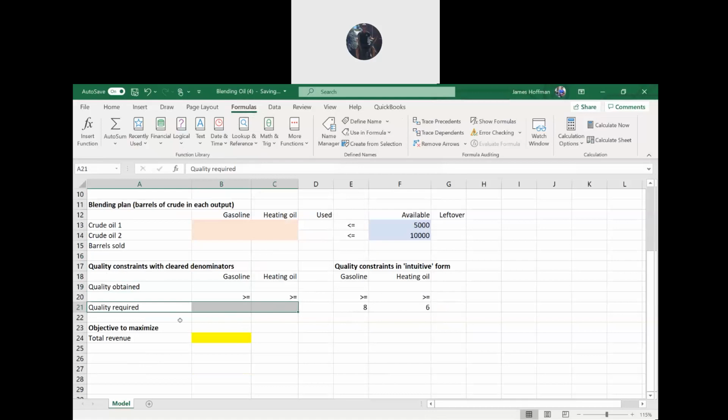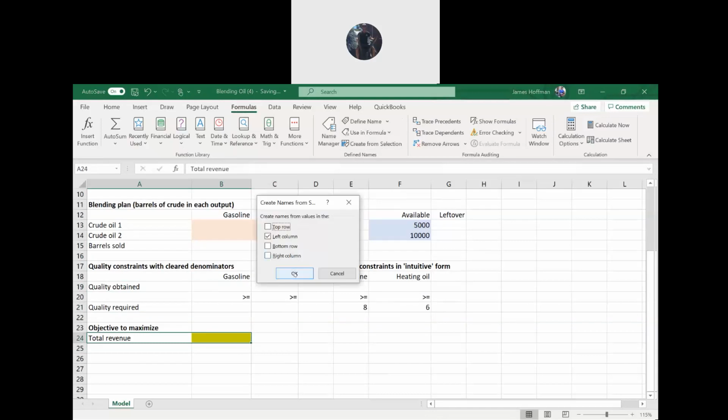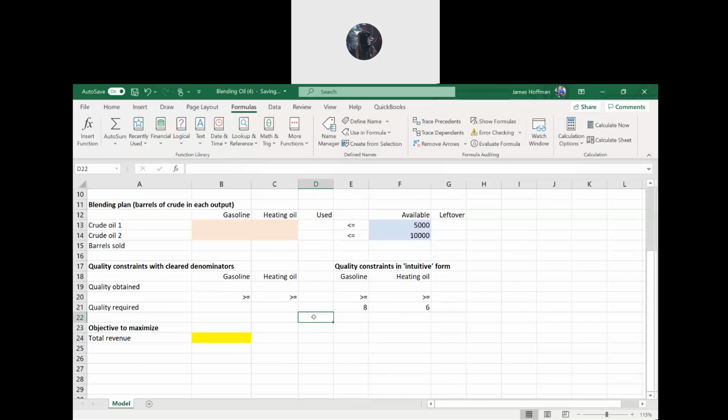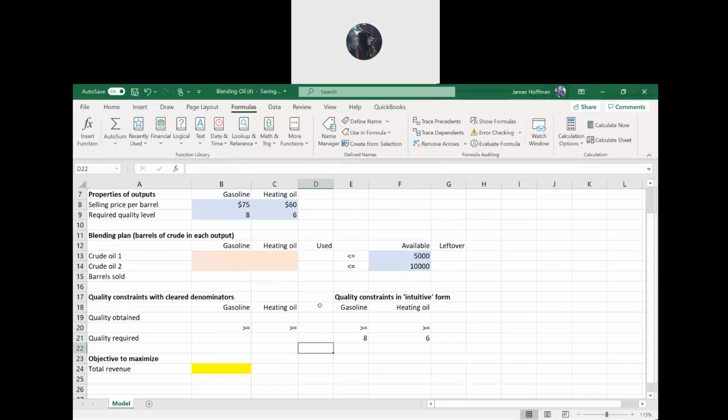And I know we need one for total revenue because that's our objective, so you can select A24 to B24, formulas, create from selection, left column, okay. And we need a few more in addition to those. I think we need one for barrels sold and for leftover. So if you want to do